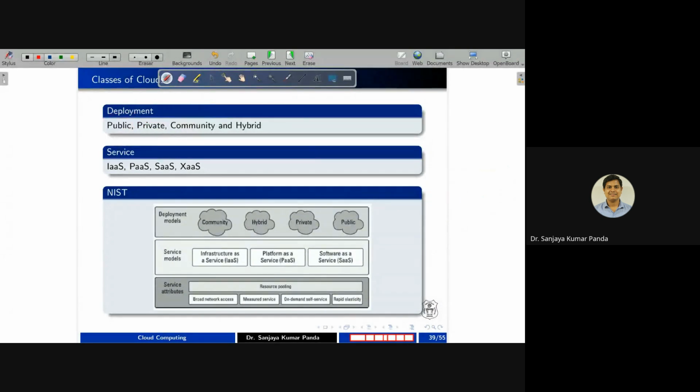And sometimes we need collaboration between multiple organizations. If you talk about multinational companies, let's say TCS, Infosys, Microsoft, and other companies, they have several branches in various locations. Like they have a branch in Delhi, another branch at Mumbai, another at Kolkata, another maybe at Hyderabad. So in order to execute any kind of project, they need collaboration of all these locations, the people who are residing in different locations. In that case, we can go for the community cloud.